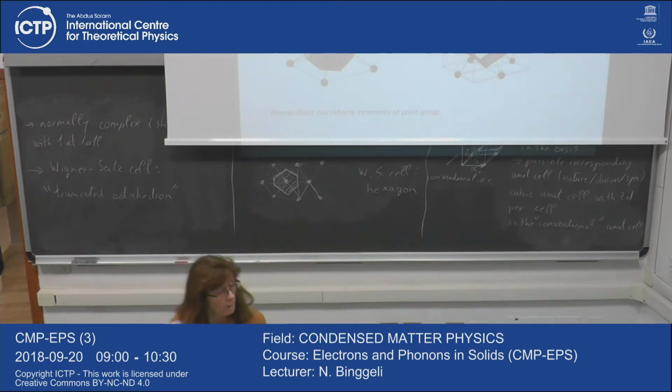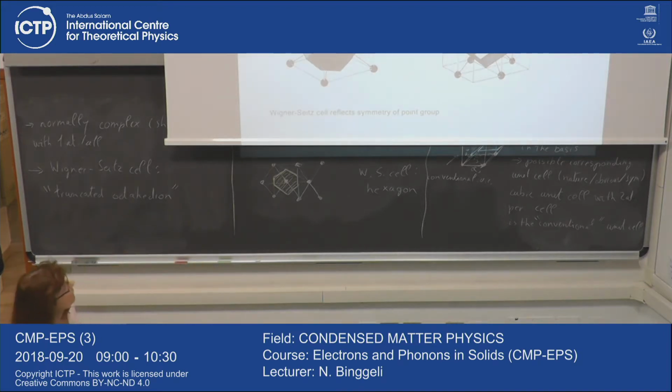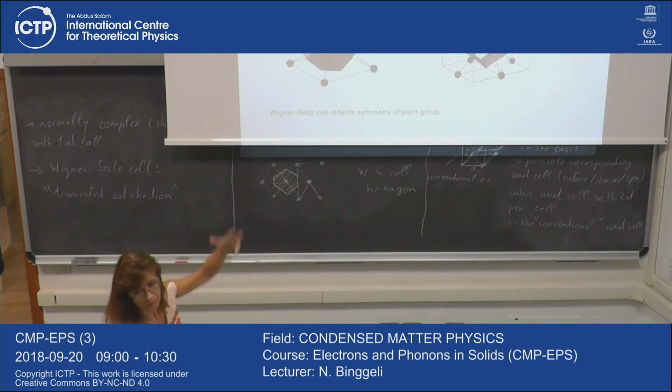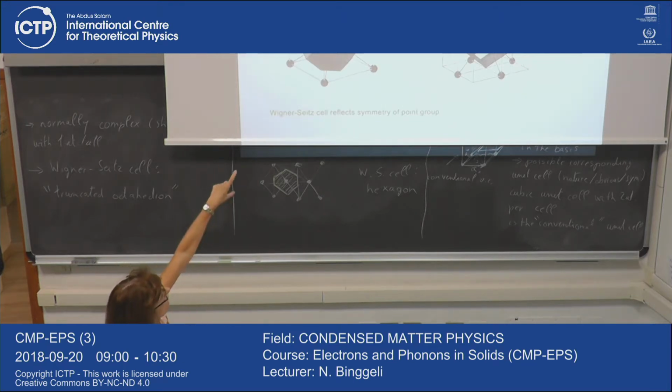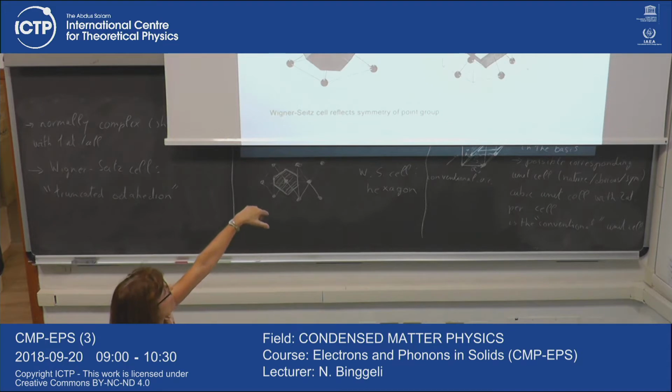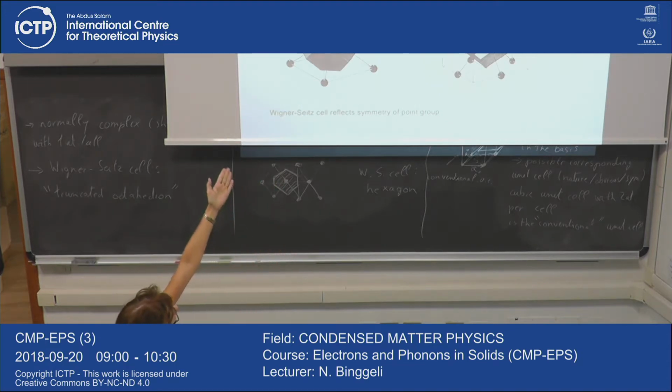Okay, so this is the Wigner-Seitz cell on the left of the BCC lattice. It's a truncated octahedron. You can see 8 hexagonal faces that face the first nearest neighbors of the atom at the center. There is an atom at the origin, and the BCC has 8 nearest neighbors, and you can see these hexagons which face the 8 first nearest neighbors. So these are essentially the bisecting planes between the central atom and the first nearest neighbors that give rise to